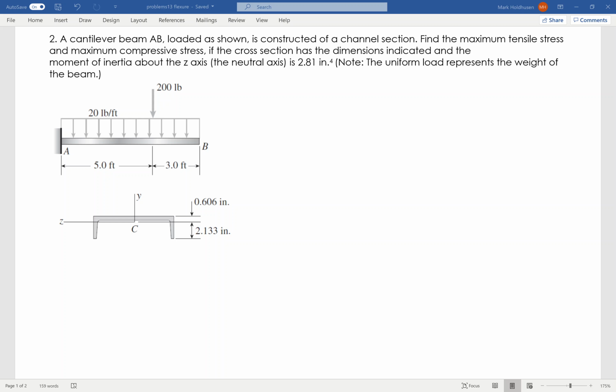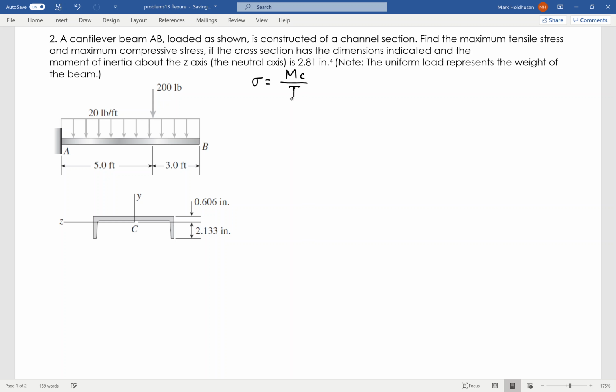Okay, so on this problem, I've got a cantilever beam with cross-section shown there, loading as shown there, and I want to find the maximum tensile stress and the maximum compressive stress. So I want the tension and the compression on this thing. All the stuff for the area is given, neutral axis, area moment of inertia, that sort of stuff. So again, my equation that's going to define everything is my flexure formula, which is Mc over I